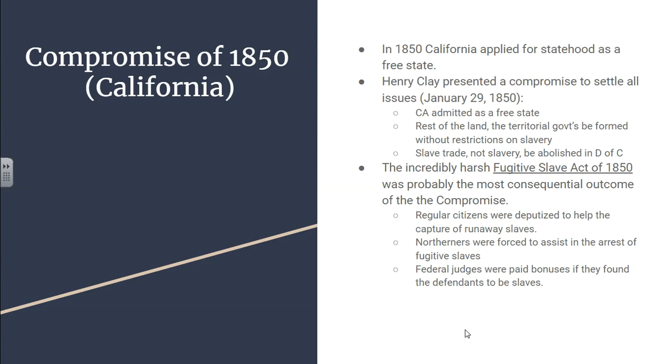And so what we see within the compromise is that California is admitted as a free state. The rest of the land of the Mexican cession would be broken up into territorial governments, and there would not be slavery. The slave trade, not slavery itself, would be abolished in the capital. And what we really see in here, which is really going to cause more friction between the United States, is the Fugitive Slave Act of 1850. It's put in there to appease Southerners, and Northerners are really upset about it, and Southerners want it because of the success of the Underground Railroad. And so we'll be